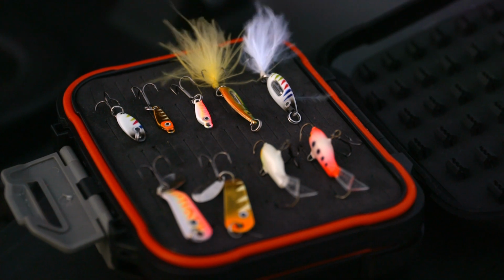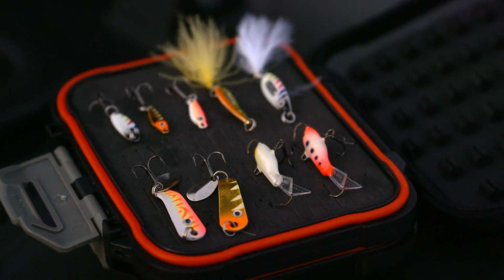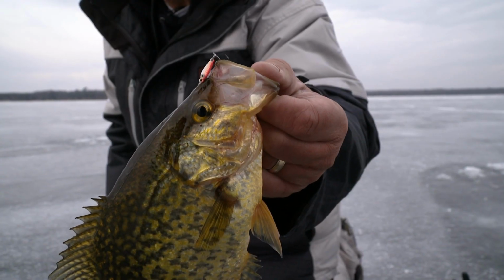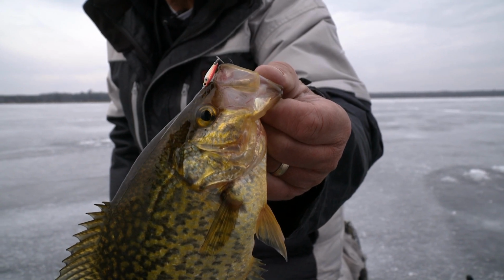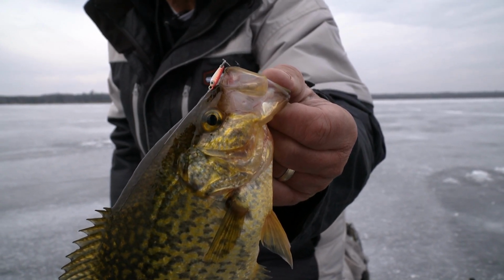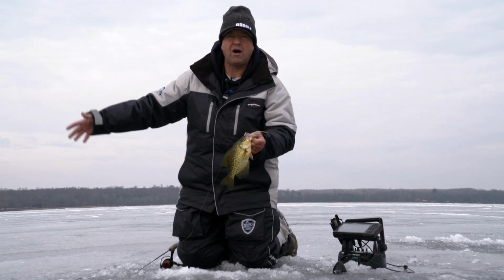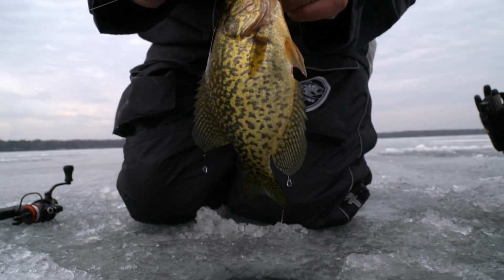I'm using a really, really small bull spoon right now. I like smaller spoons, jig wraps, something that I can get down there fairly quickly and see their mood. Now, if I'm dropping on these fish, let's say with a spoon or a jig wrap and they're not hitting it, I'll downsize to a plastic. But in a situation like this where I'm just hole hopping outside, it's cold out, things are icing up, I like to use a little bit heavier